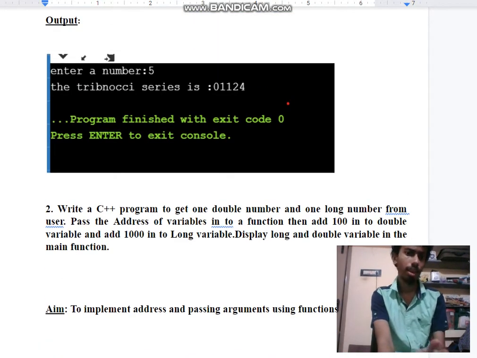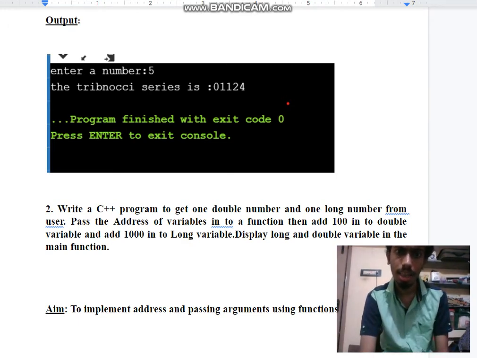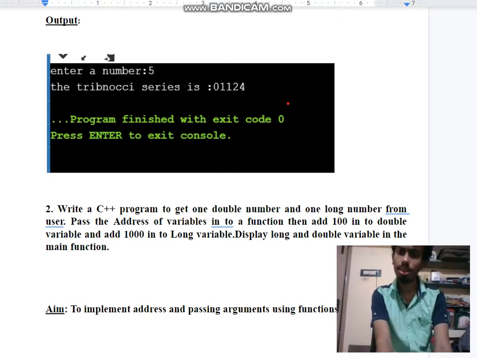So enter number 5, that means I want to print the Fibonacci series 5 times. So 0, 1, 1. Add these 3 and you get 2, and add these 3 and you get 4. This is how a Fibonacci series is printed. Now